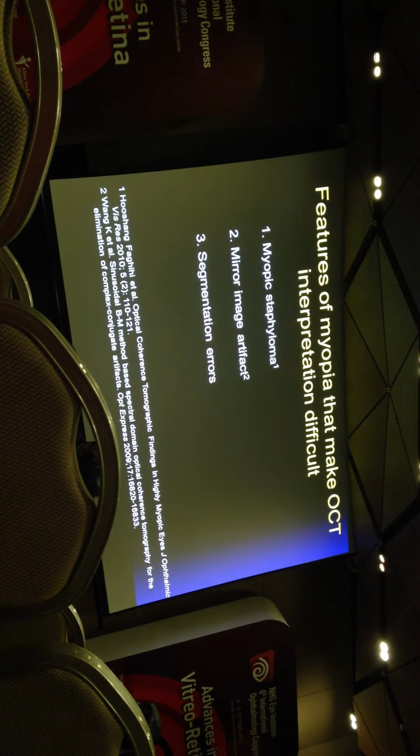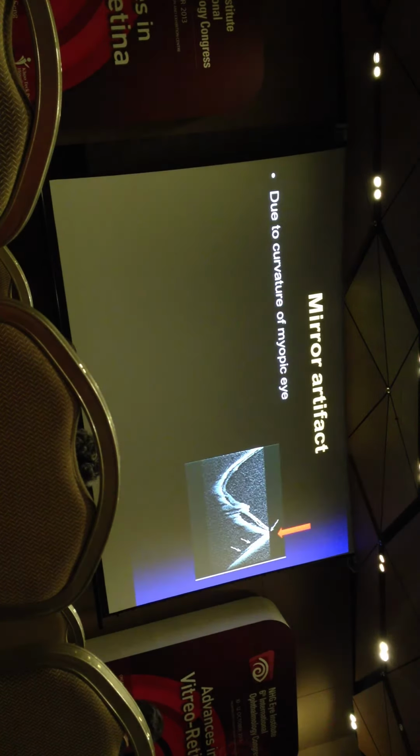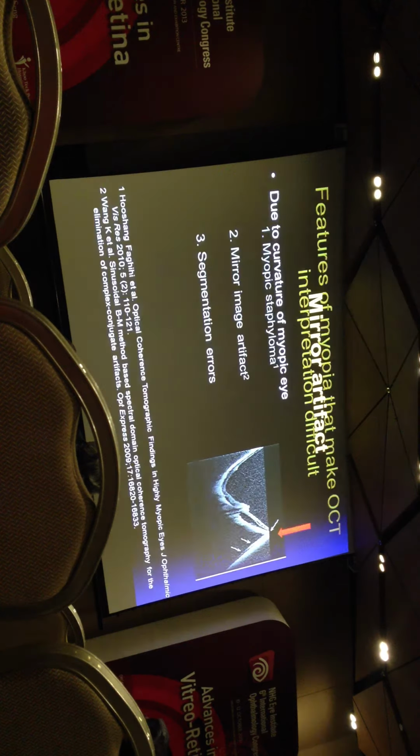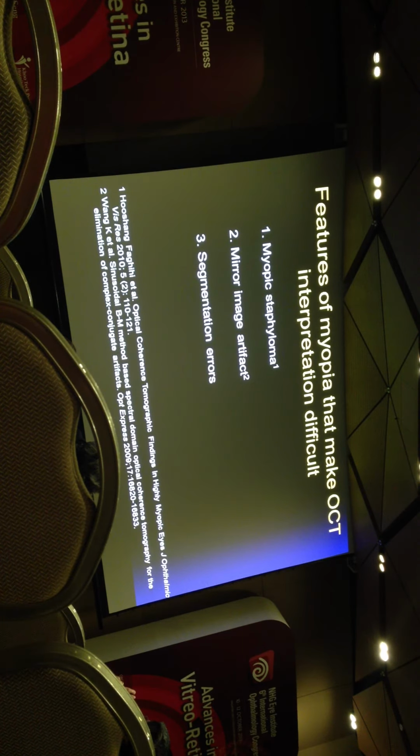So I'd like to talk a bit about what features of myopia make OCT interpretation difficult. One of which is the presence of staphyloma, because the OCT has a certain range of imaging so as to see the various structures clearly, and a very steep staphyloma would cause problems with that. And also, Dr. Salas mentioned the mirror image artifacts such as this, and so this is something that you have to get used to in a way, and just basically know which region of the